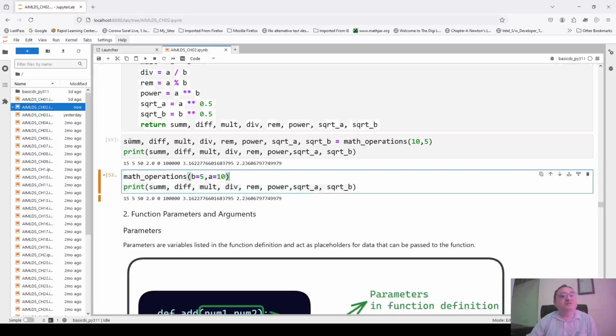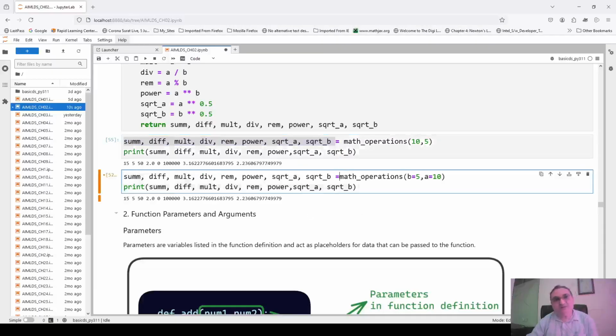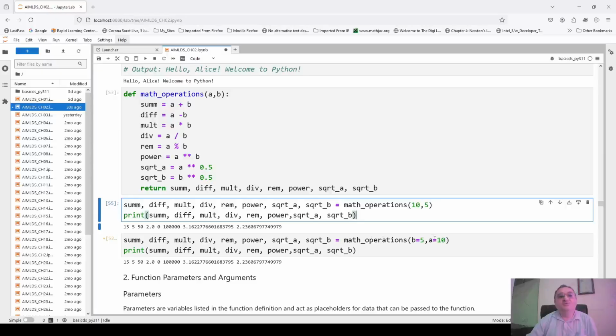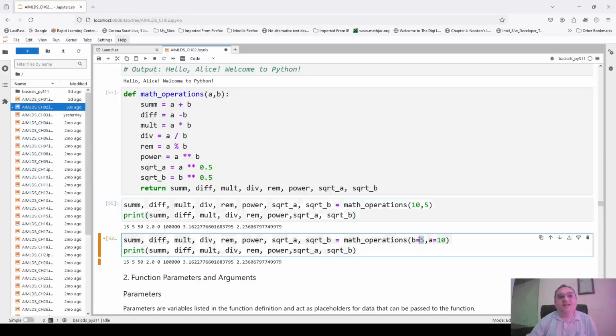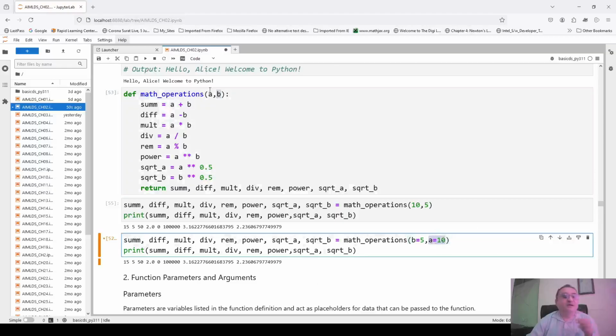Same you can do here also. That means these all are values which will be returned by my function. And this time I'm changing the order: earlier 10, 5, but this time I'm making 5, 10. But I want to get the same result as earlier. So what is the way out? The way out is that you explicitly name that this 5 must be attached with b. So write b is equal to 5 and a is equal to 10. Then even though you are passing 5 first and 10 later, still this 5 will go to the second, and the 10 which you are passing second will go to the first, because you have explicitly told it to do that. And then also it will give the same output, you can see.